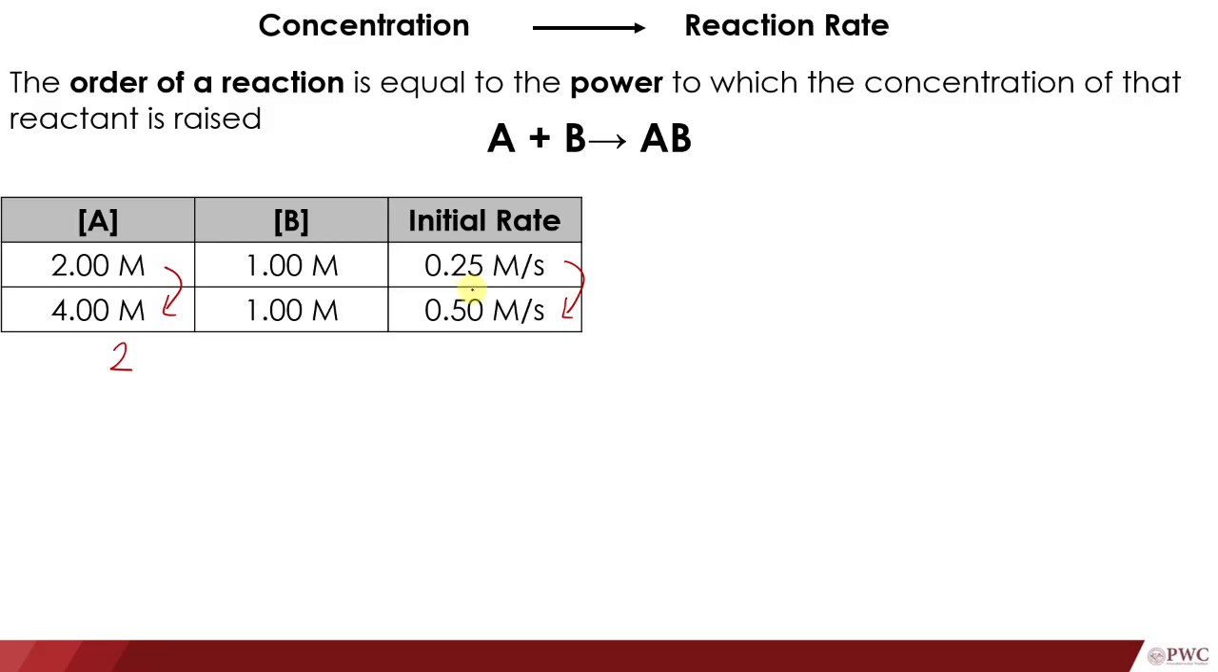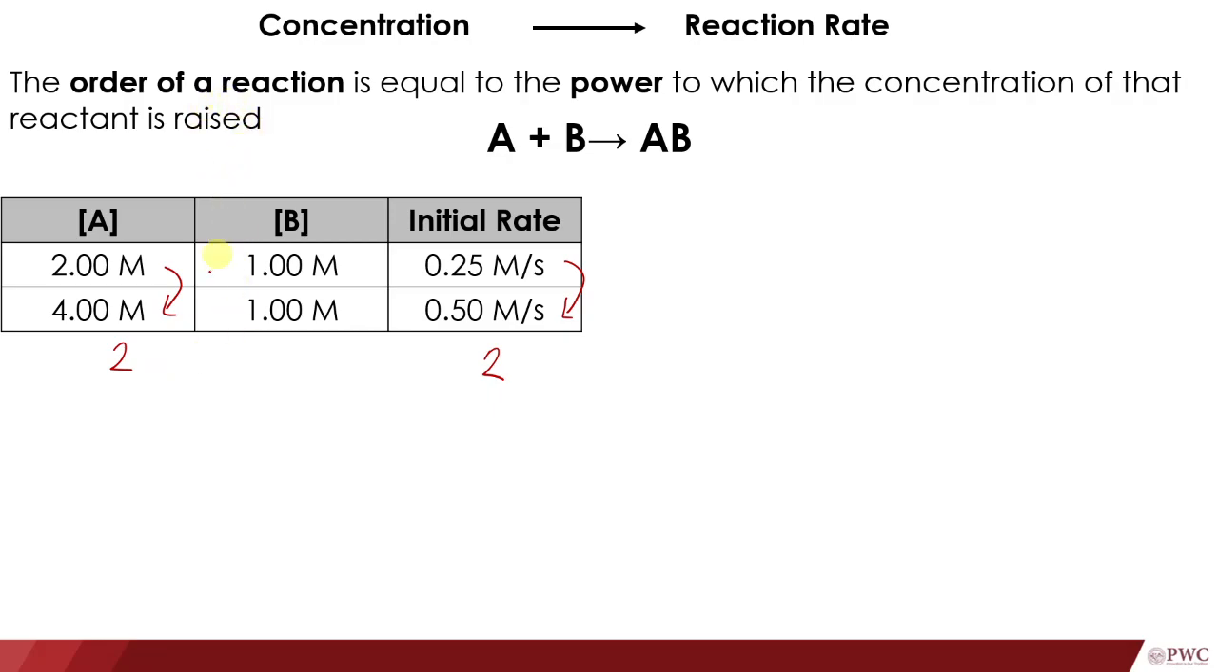So in this case, from 0.25 molar to 0.50 molar, the rate increased by a factor of 2. So again, this change in rate is caused by the change in the concentration of A. It's not caused by B because obviously B is behaving. It's not doing anything here. Now let's see the